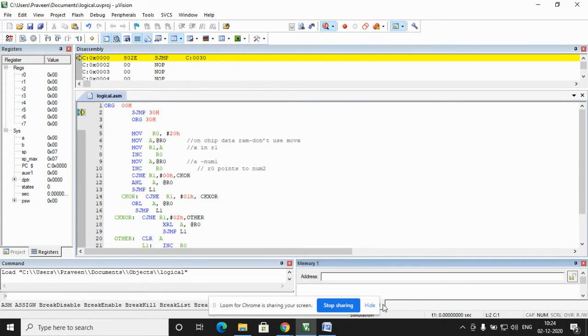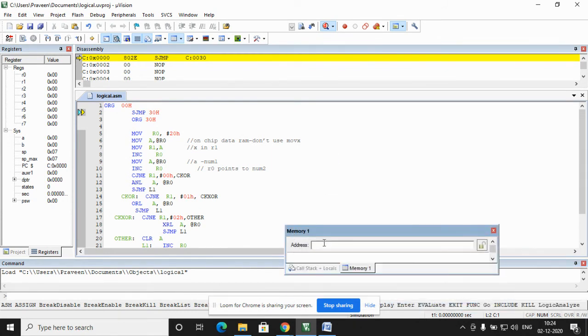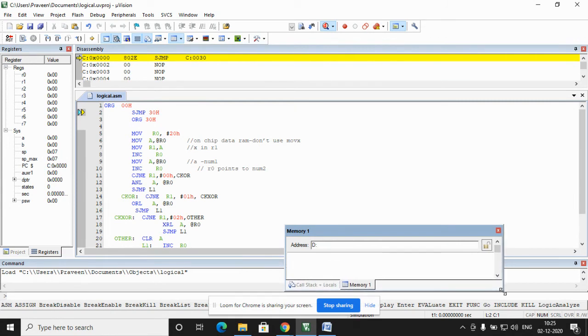Now, how do I check the output? Your output window is shown here. That is the address bar. Here we are using internal memory locations. For addressing the internal memory location, we have to write in the address bar capital D and press colon. Colon indicates that you are mentioning the address. Here I have to click as 20H is the memory location.